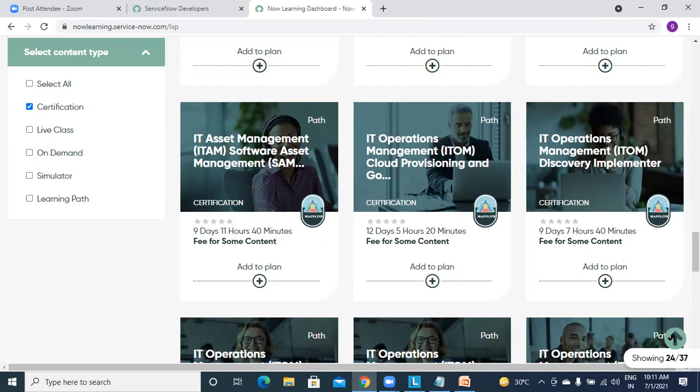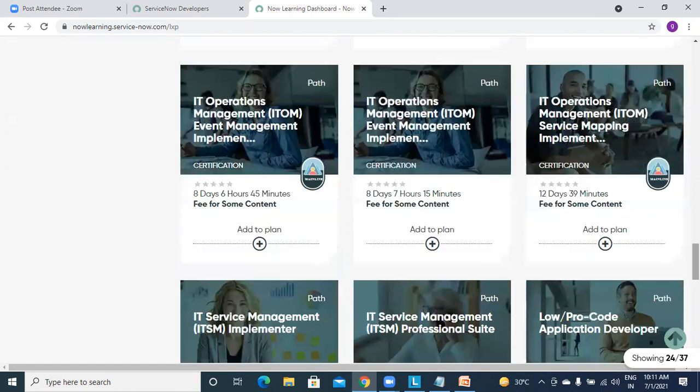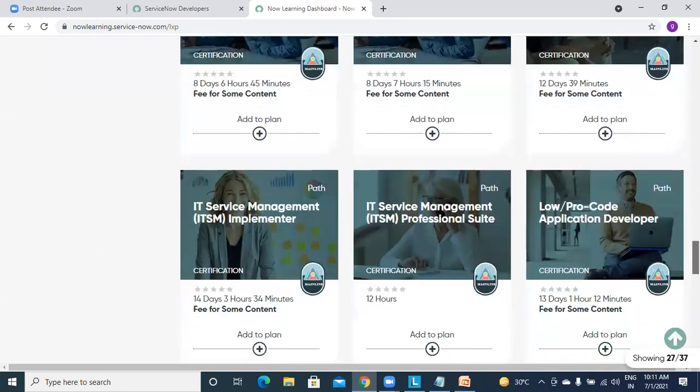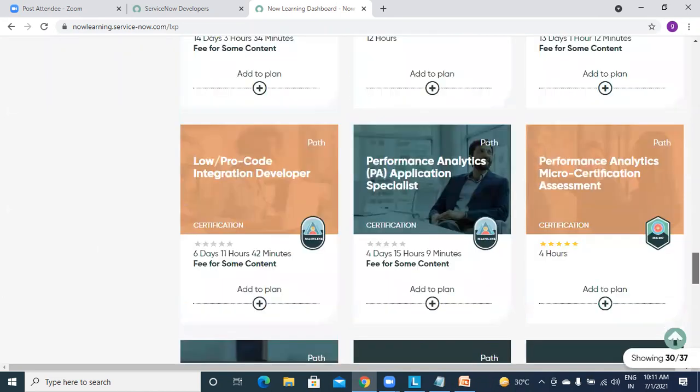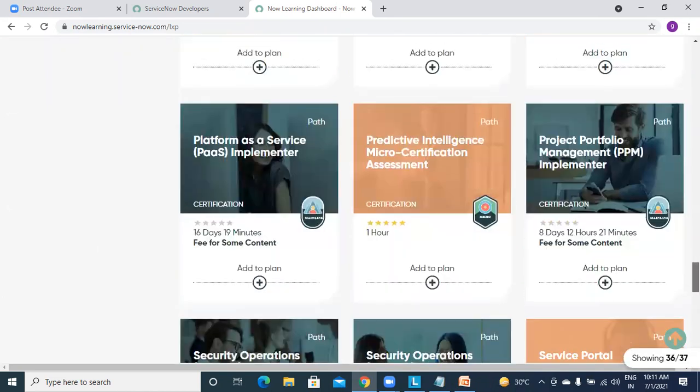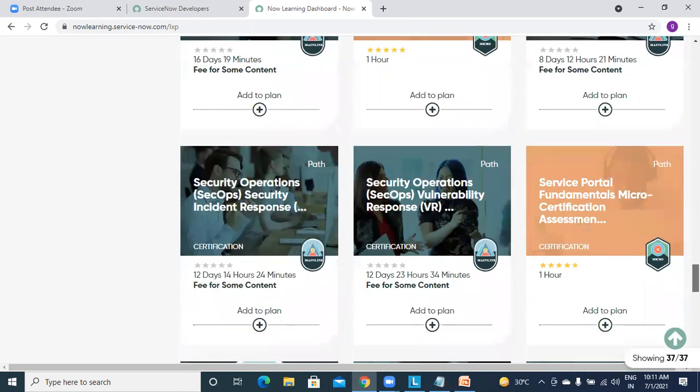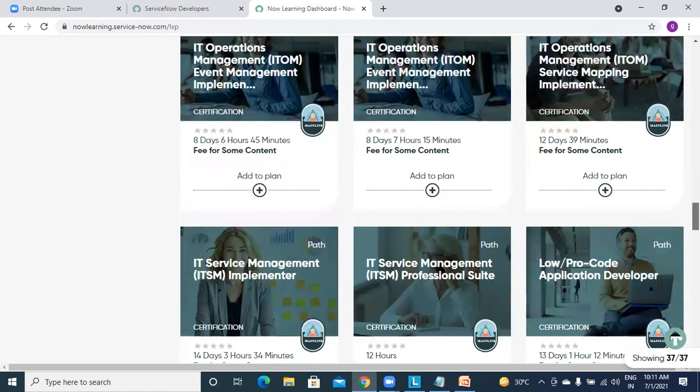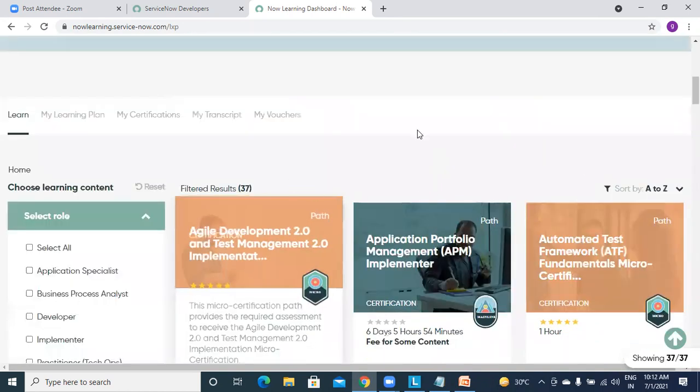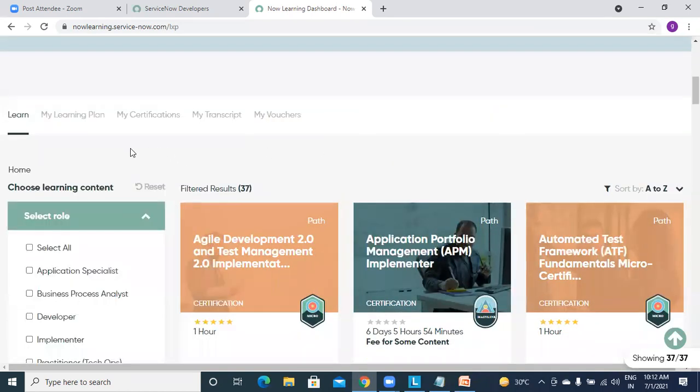Okay, for your knowledge, as you people do not have any vouchers to write the ITSM administrator certification, you can go for micro certifications which are free, and you can write those. So please refer to this website, so you can have learning paths from here.